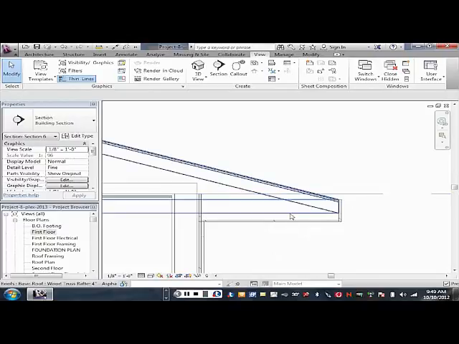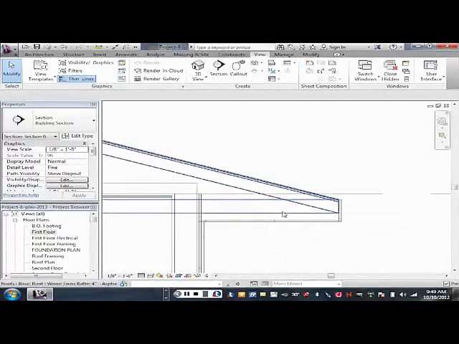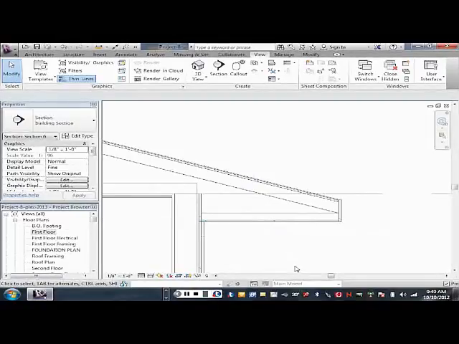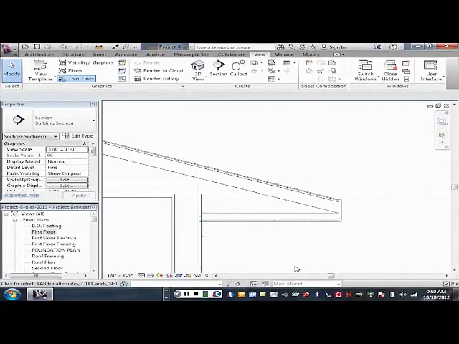This line that you're seeing in the background here is actually part of the roof. The soffit is down there. Okay, so that was kind of a quick go through on soffits. You'll have to play with that a little bit to get it to work out right for you, but